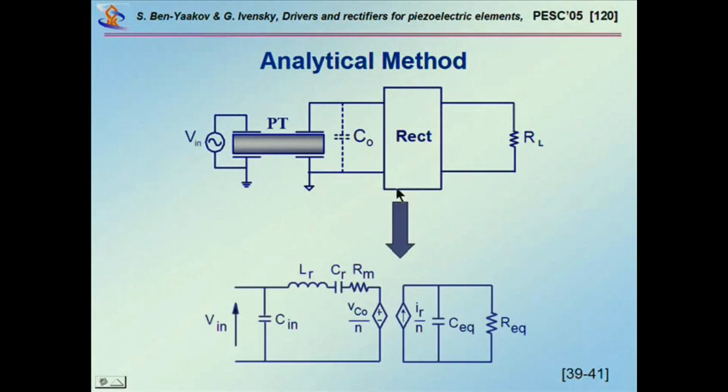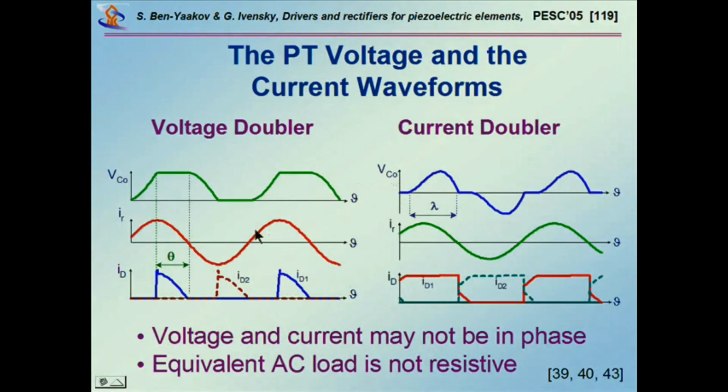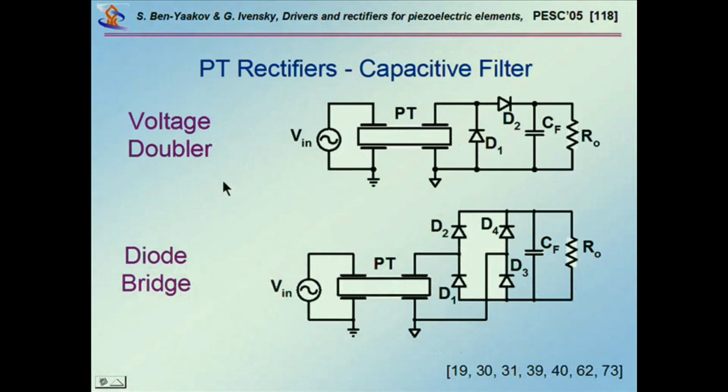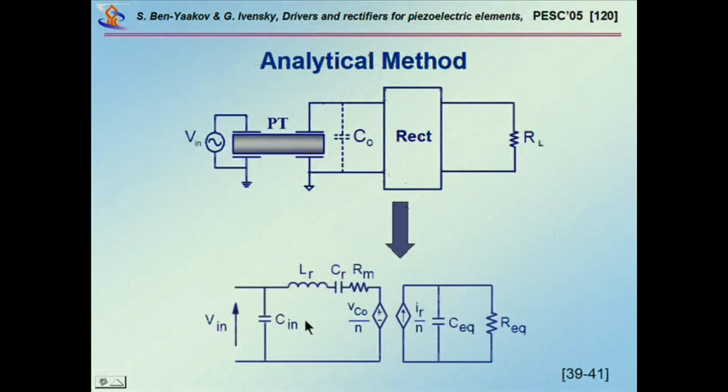Now, the problem that I'm trying to address is, suppose you have a rectifier. How do you calculate the input to output voltage ratio? This is the problem I'm trying to address here. And because the waveforms are weird here, the current is not sinusoidal. It's not just a simple inductor, a simple load, a simple resistor. So we have found that you can